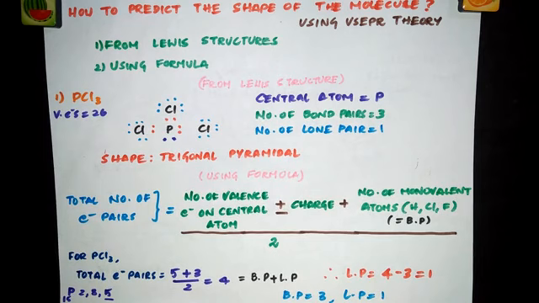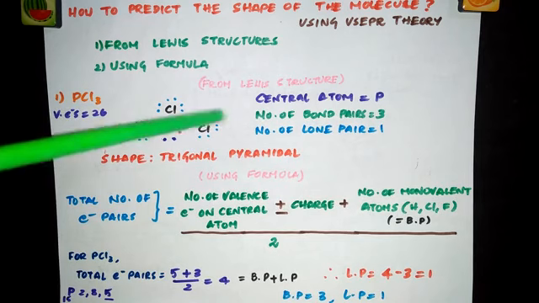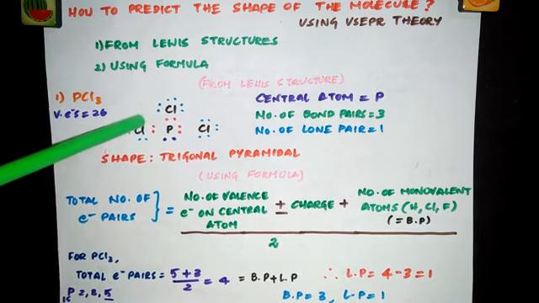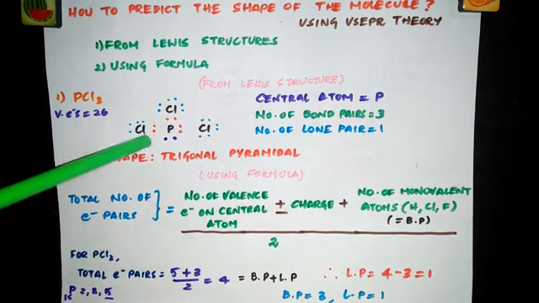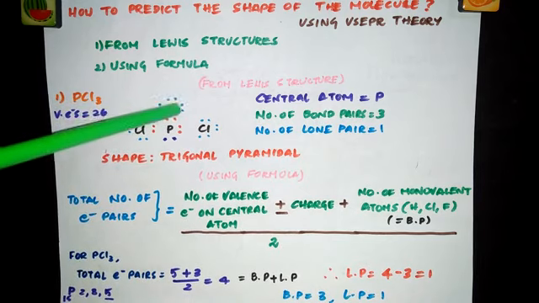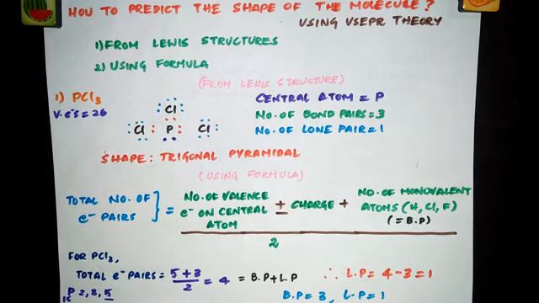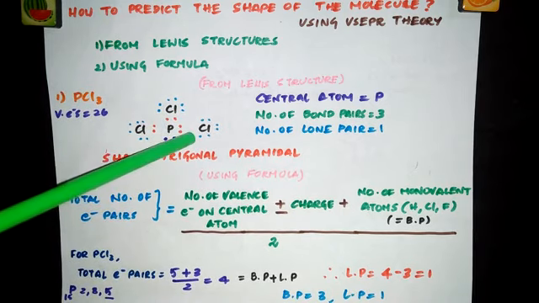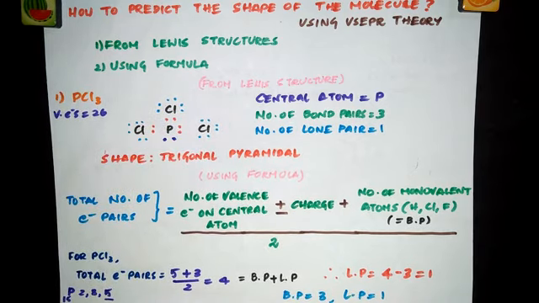You have to complete the octet for chlorines. Okay, so see, I've written that in blue color. Already a pair is here, so you have to put 6 more electrons. 1, 2, 3, 4, 5, 6. So already 2 here, so 8. So again, complete the octet for this chlorine and for this chlorine also. After completing the octet, now check the octet for the central atom. See, we have 1, 2, 3, 4, 5, 6. Only 6 electrons are there for phosphorus.